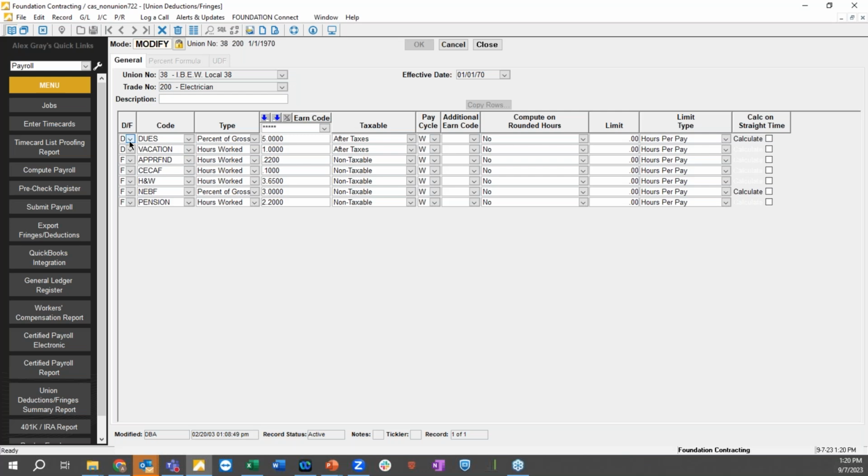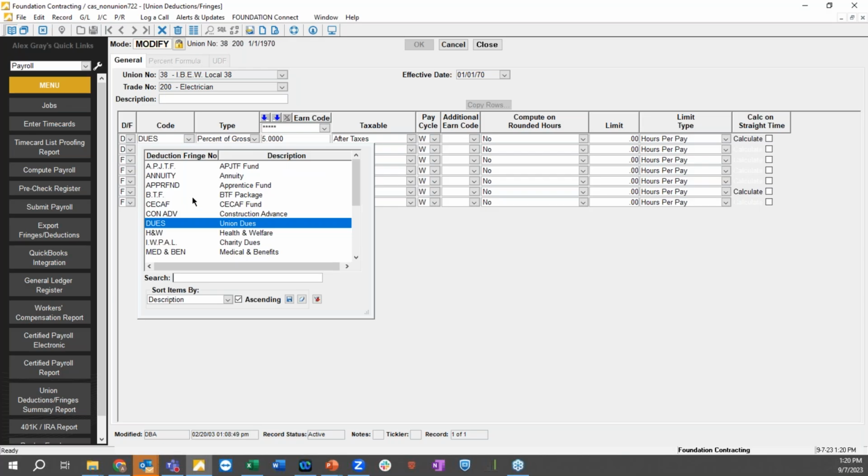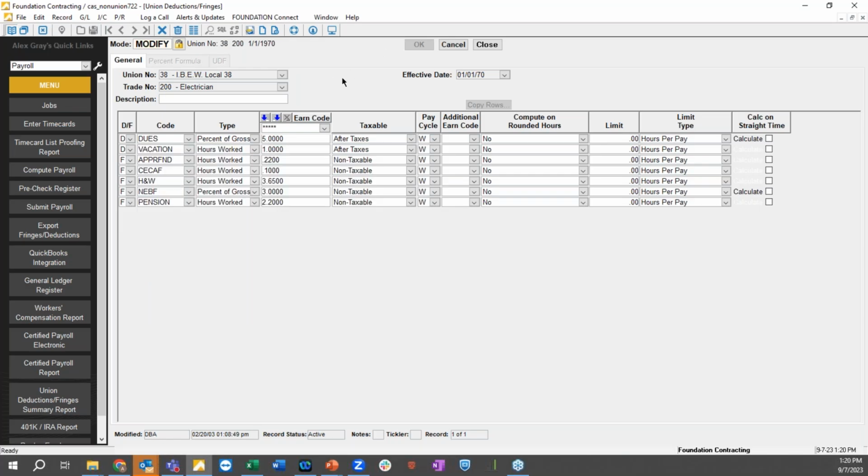So with that trainer, with our team, we'll go ahead and get it set up per that union contract, whether deduction or fringe. Then all the benefits information that we need to track, have it named with the custom coding conventions that your team needs to familiarize yourself with for those specific benefits. Then also, how they need to be calculated here. Is it hours worked, hours paid, is it a percentage or a fixed amount?